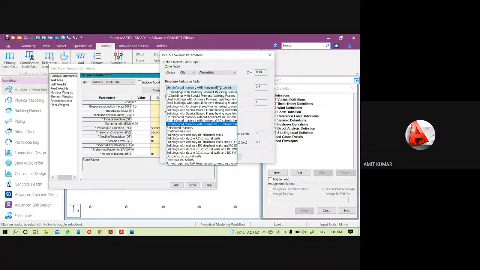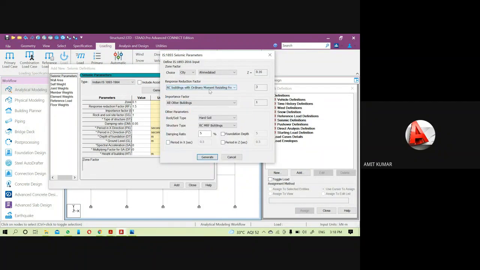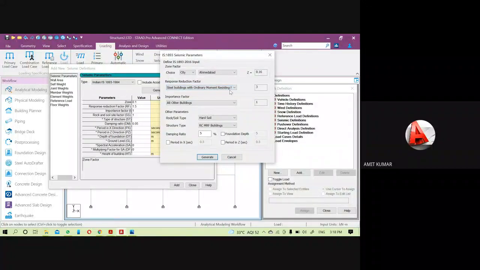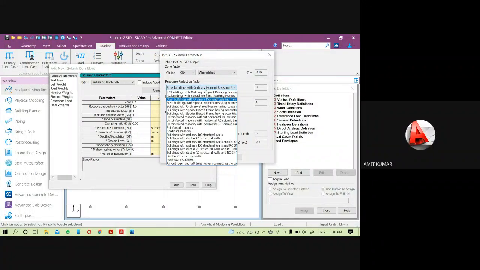Like for the SMRF, that is the special moment resisting frame buildings, the value of the response reduction will be 5. For the ordinary moment resisting frame, it will be 3. And for the steel building with ordinary moment, this value will also be 3.